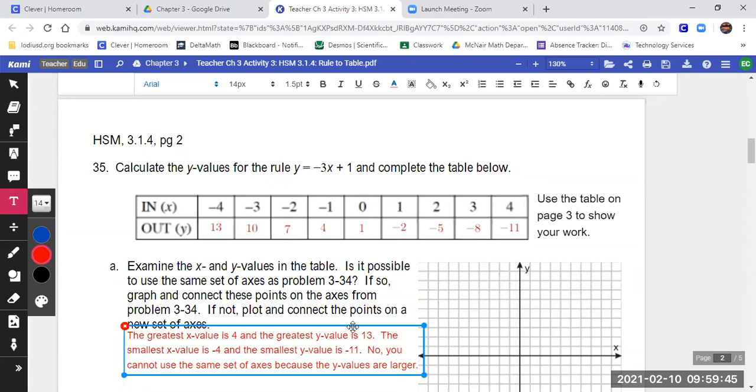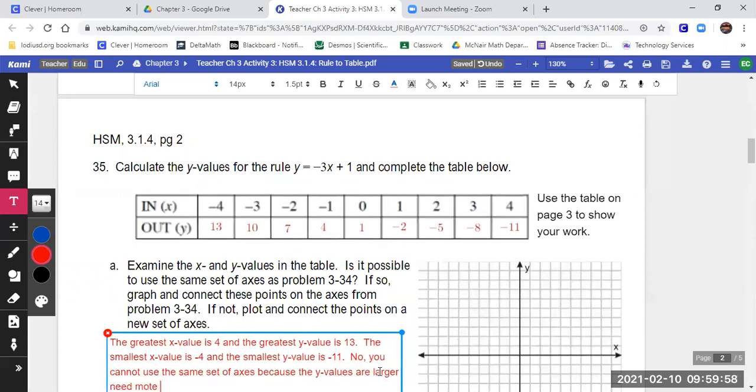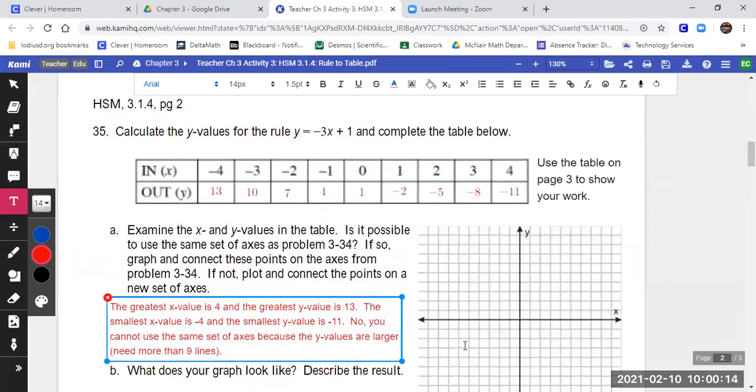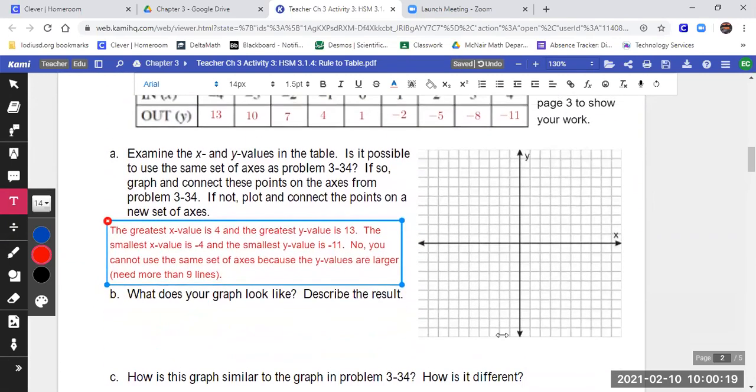We could leave it at that because a -11 is larger, you know. You have to go to a higher number than 9. Need more than 9 spaces, lines. Okay, that's what we mean by larger. You need more than 9 lines. Okay, so we're going to have to graph this one on this table graph instead of the other one because